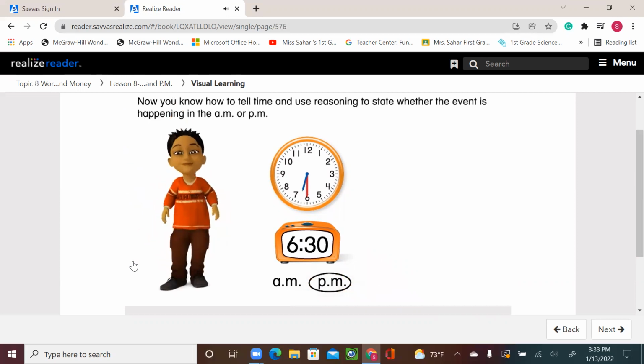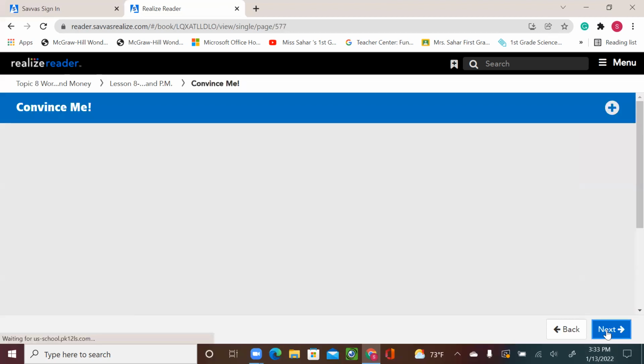Now you know how to tell time and use reasoning to state whether the event is happening in the AM or PM. Very good. So the events that you attend or the action that you do help you to figure out if this time is morning, AM, or afternoon, PM. All right, so let's see